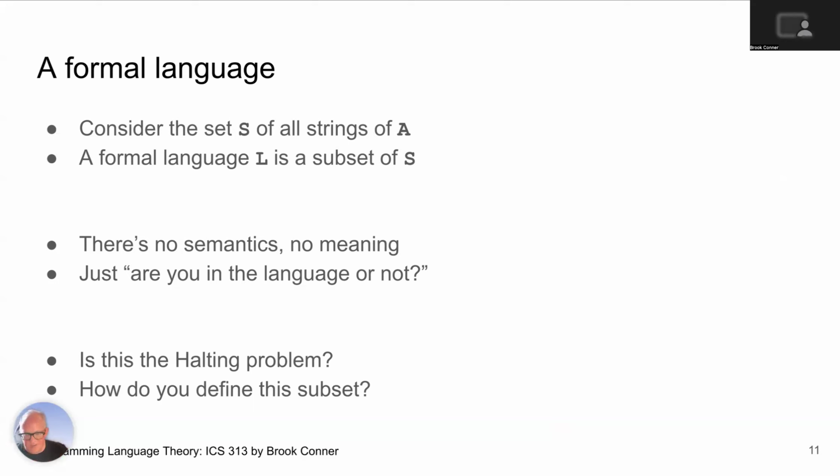So now I want you to think about a tricky little question. Is this question, are you in this language? Is this string in this language? The same as the halting problem formulated by Turing and others? And the halting problem, if you don't recall, is given a computer program, will this computer program stop? And remember, in general,